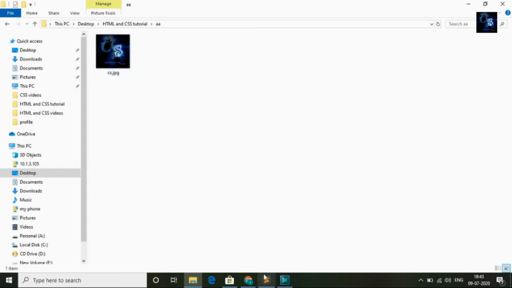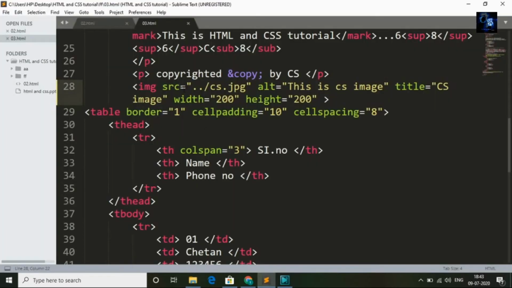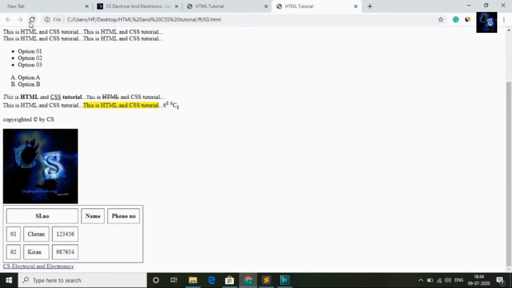This can be done by using subdirectory. This will come back and then I need to add the folder name, aa/cs.jpg. Now I will save this file, go back to the browser, and refresh. Here you can see the image.